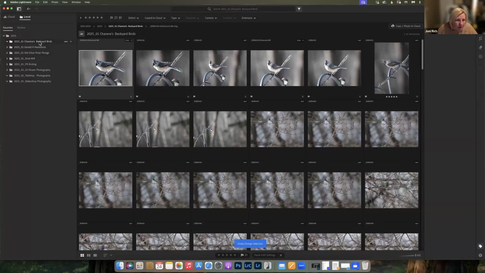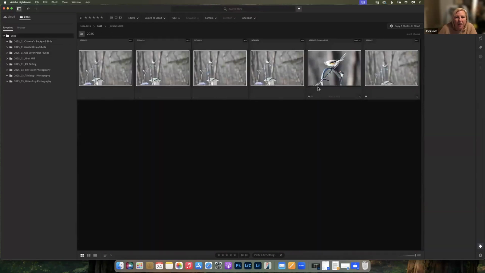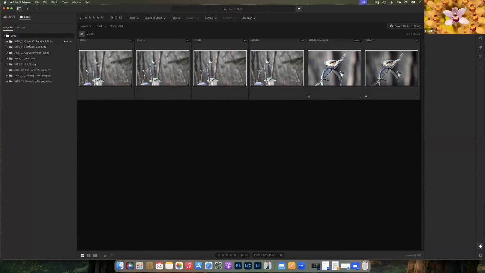And let me just stop that. Let's see. Yeah, see, there they are. So now I've got pictures in 2025, but okay, so they will be there, but only those pictures. It's not, and I wonder if there's a way to,